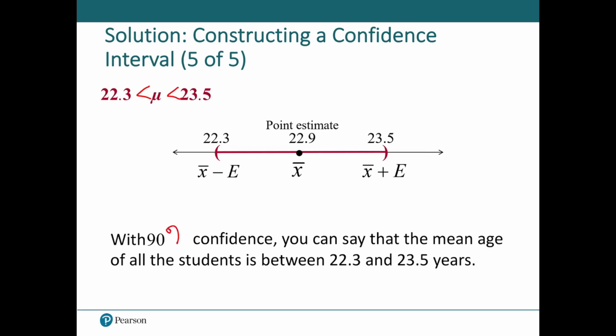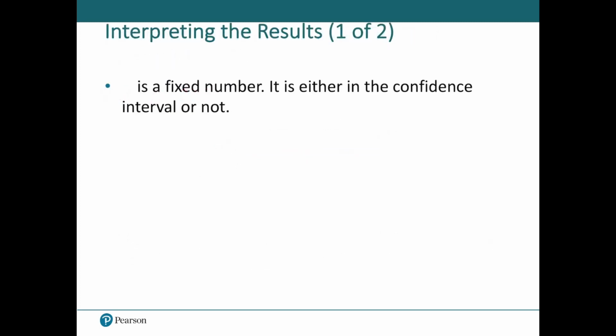And of course, we have our number line graph, which I don't see any real need for, but some people like it. But you have no responsibility on this at all. With 90% confidence, you can say the mean age of all the students is in between those two numbers. So we figure that if we put a confidence interval out there, that we will hit the mu 90% of the time and miss it 10% of the time, 5% on each side of the line.